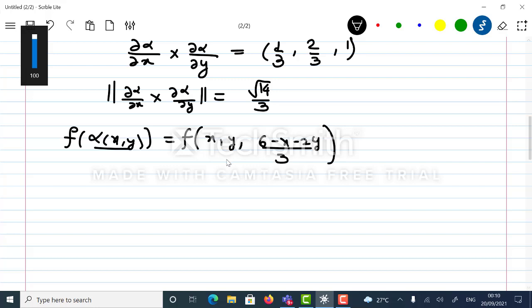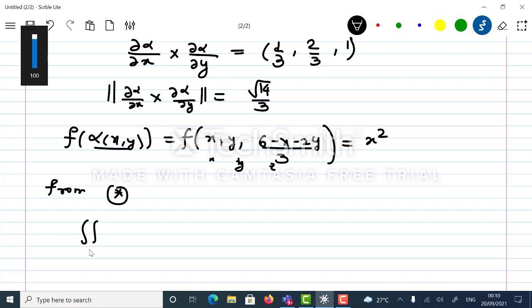But what is f of x comma y comma z? So this is x, this is y, this is z. So it is x square. That means first component square, so x square only. So therefore from star